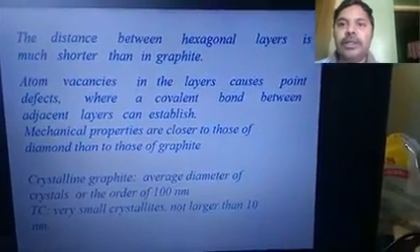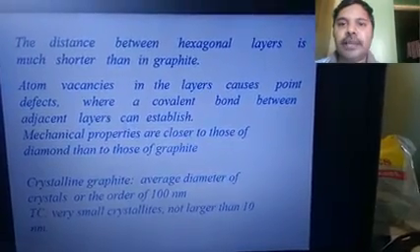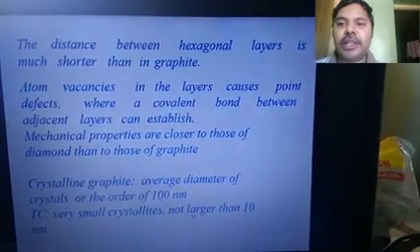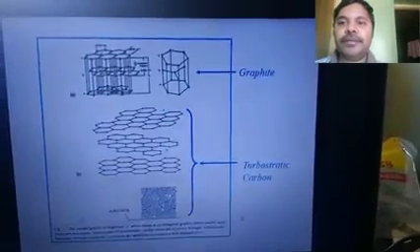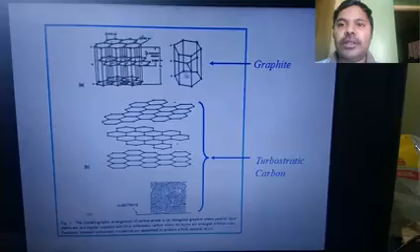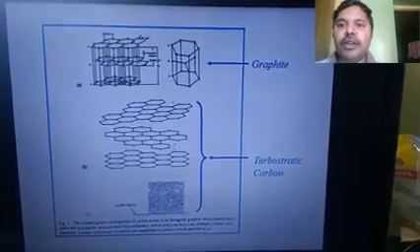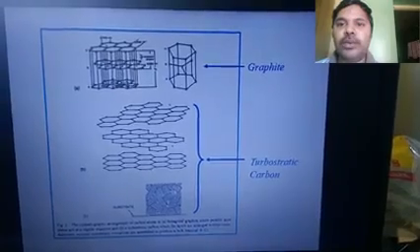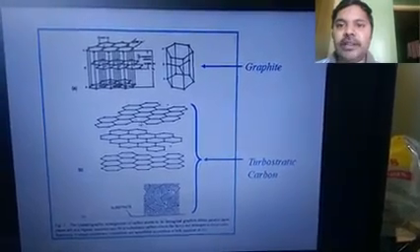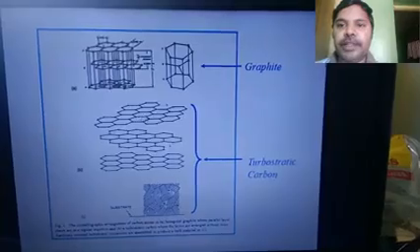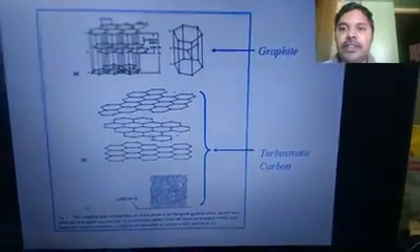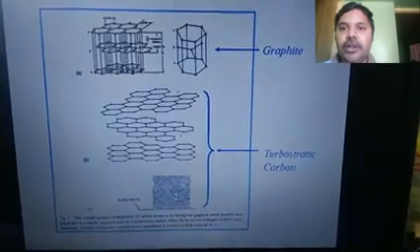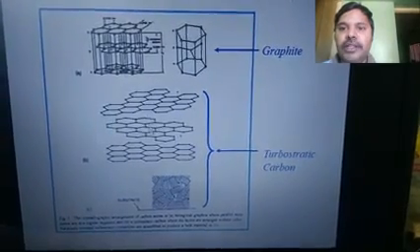We can study the properties, atom vacancies, and crystalline structure. In graphite the crystallites are about 100 nanometers, while in turbostratic carbon the crystallites will be about 10 nanometers. Here you can see clearly the difference between graphite and turbostratic carbon. The first one is graphite. Here you can see the three layers in order: first one, second one, third one. It is in an ordered shape. But here it is not in order, it is a disordered shape. The bonding is not very easy. The disordered shape you can see clearly now in turbostratic carbon. Here graphite is in order, the three layers are in order. Here it is not in order.